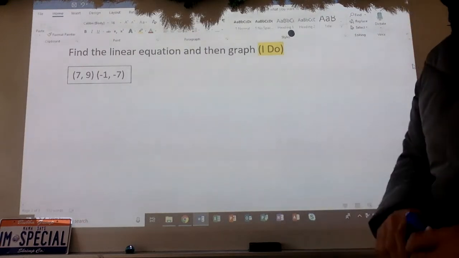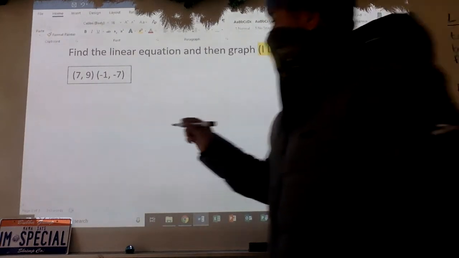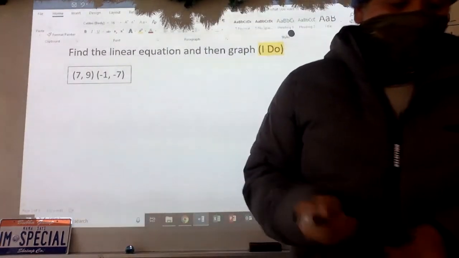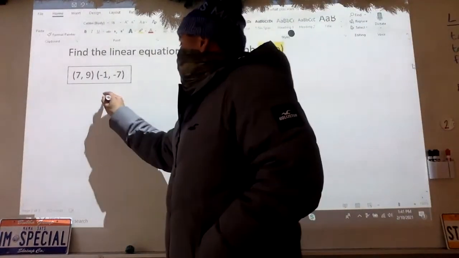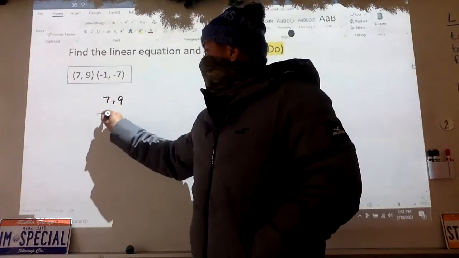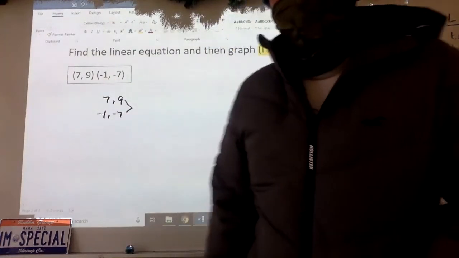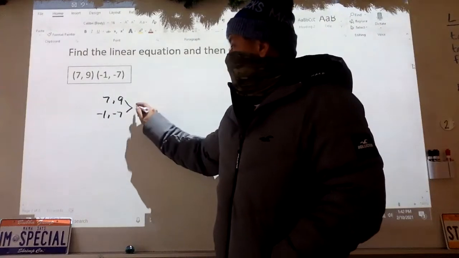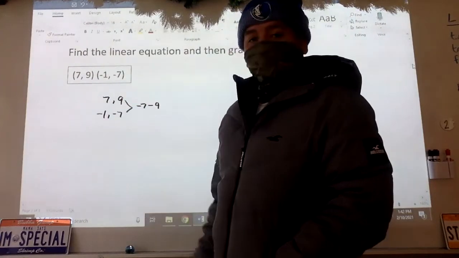You have 2 points. Put them on top of each other. So for example, 7, 9. Then -1, -7. You will find the difference between them. So the bottom one will go first. So -7 minus 9. That will give me